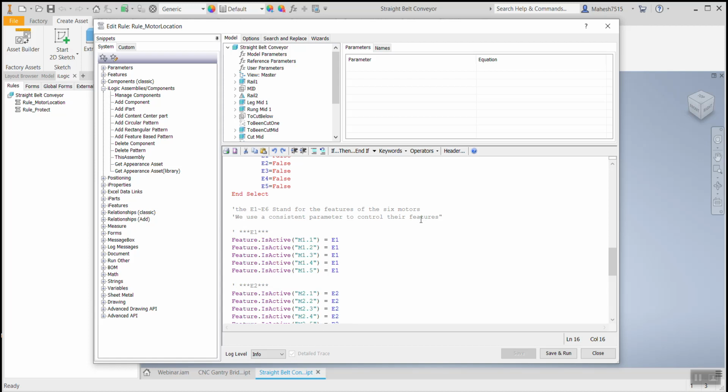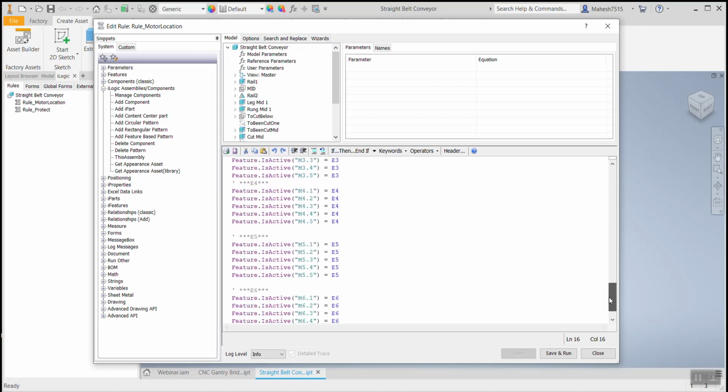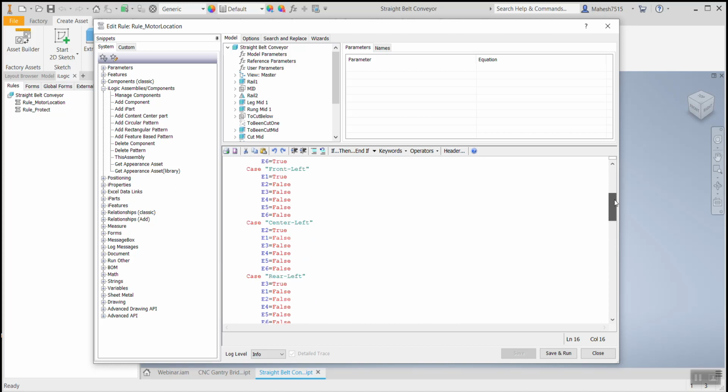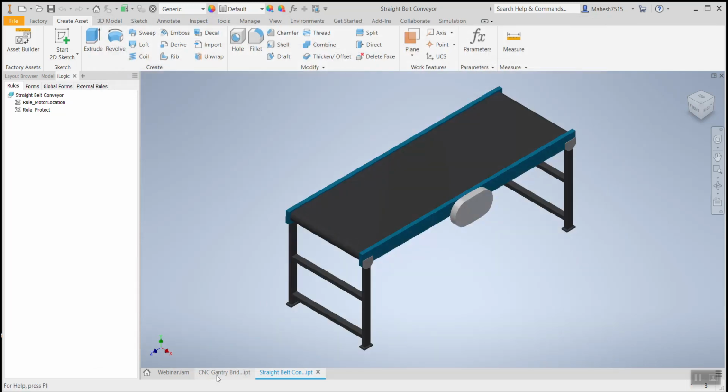So these are the various ways where we can go and explore programs without any tutorials actually. They have some user parameters. They have created user parameters like E1, E2 and E3 till E6, and they have mapped them here in the program using a case statement. And also we'll see the next rule. So right click and say edit.